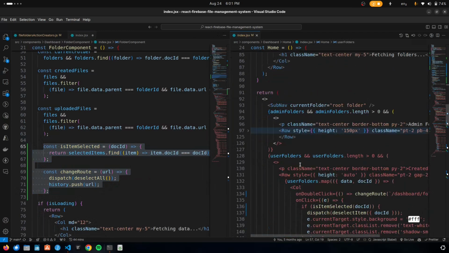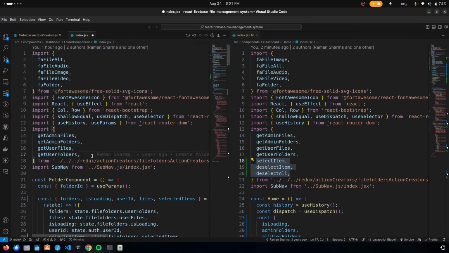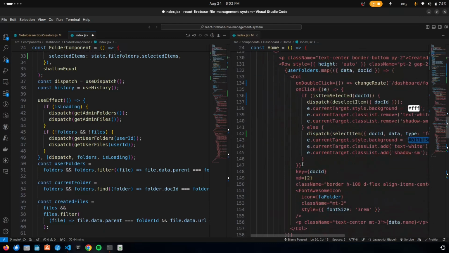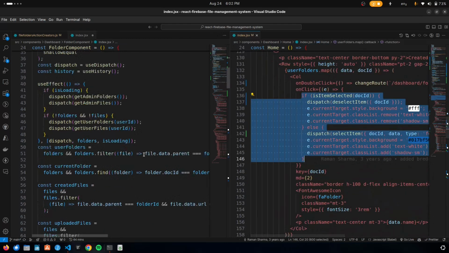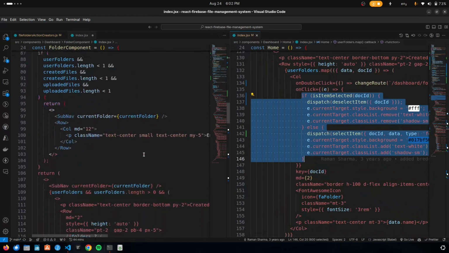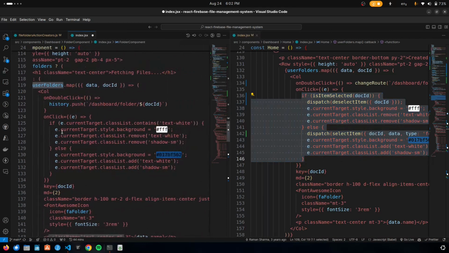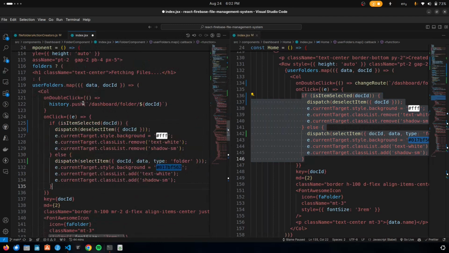Now we are going to move forward. First of all, we have to import a few things as well. These actions we have to import, so let's import these ones as well. Now let's go below, and we have to copy this code and apply this one to everyone. We have the user folders here, and we have to just replace this code and paste it, and instead of history.push we have the same function, that is change route,